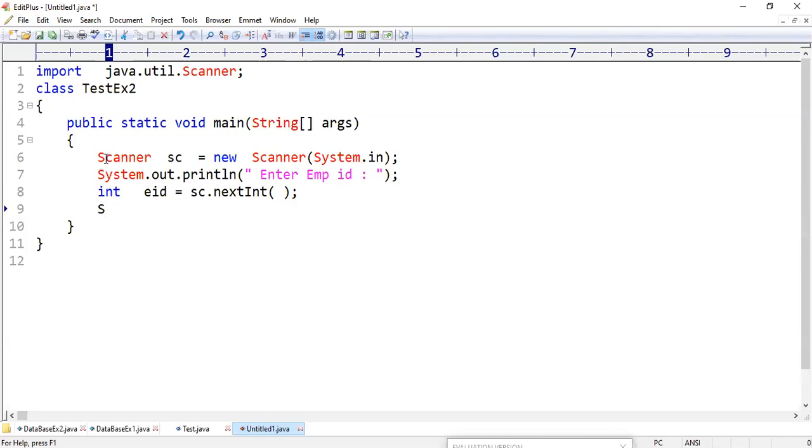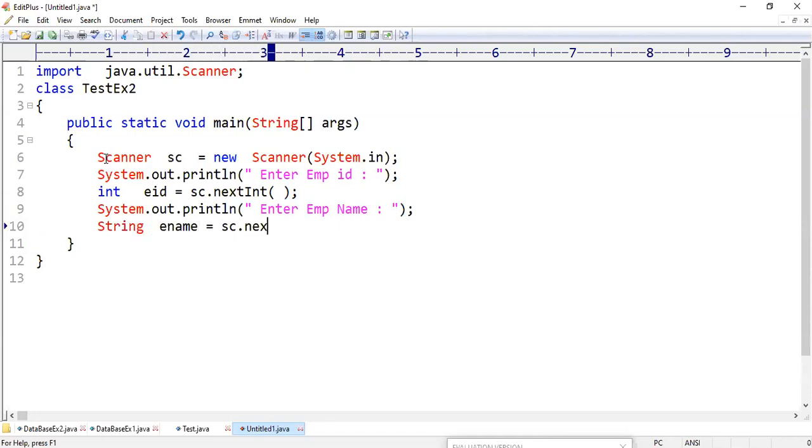In the same way, System.out.println("Enter employee name"). I want to read the employee name: String ename = sc.next(). The next method is used for names, right?